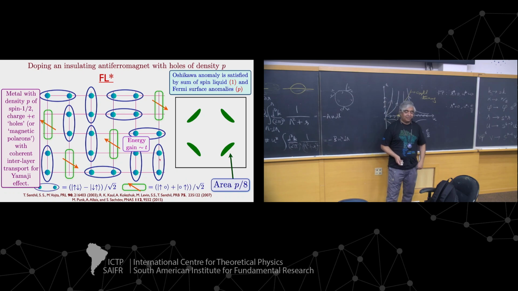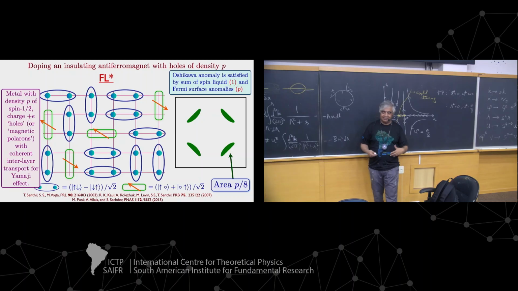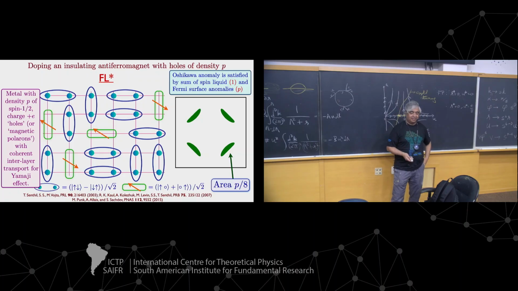Okay, so now everything can move around. You have this valence bond liquid again, but of two different types: the blue dimers and the green dimers. The blue dimers are spinless and chargeless, and the green dimers carry spin a half and charge E. And they have to be fermions in any reasonable theory because they have the same quantum numbers as an electron. Okay, so now these green objects can form a Fermi surface, which are holon spinon bound states.